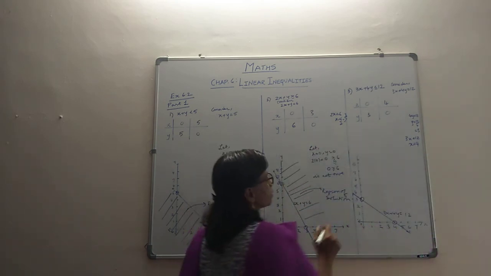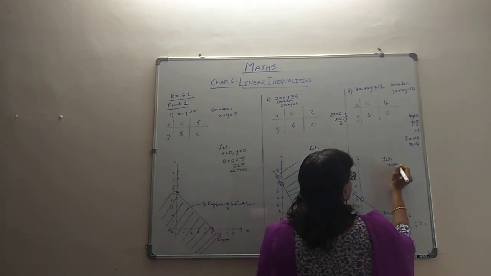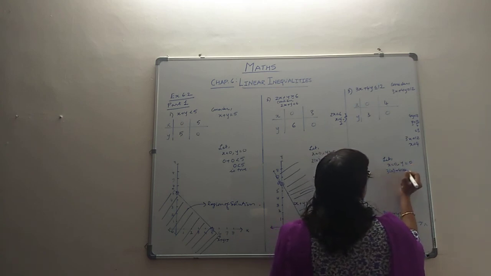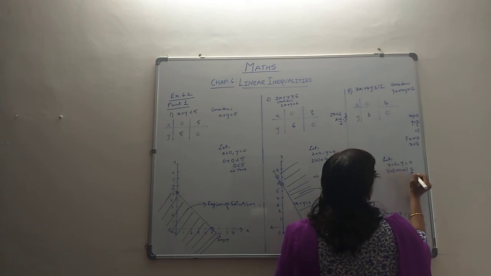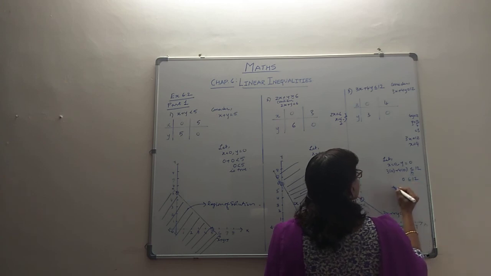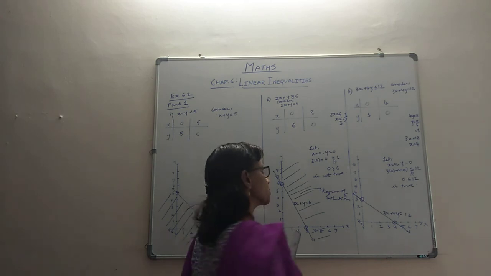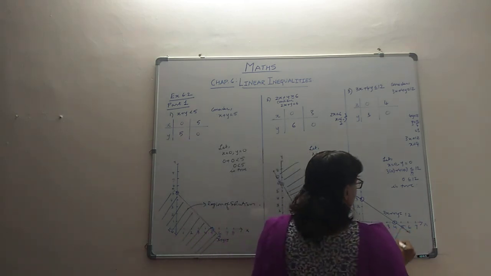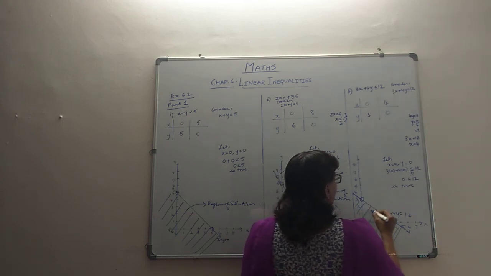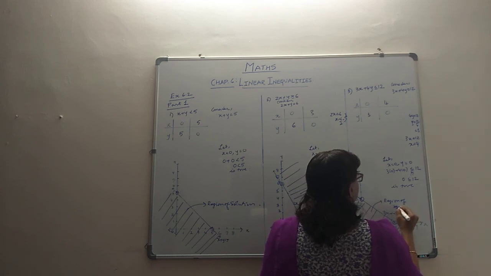Now we have to check whether this side or that side. For that, as usual, let's take x as 0 and y as 0. So it is 3 into 0 and 4 into 0, whether this will be true or not. So 0 less than or equal to 12 is true, right? So the place where the origin is lying is the solution. So you can have this region as the solution. And so this is the region of solution.